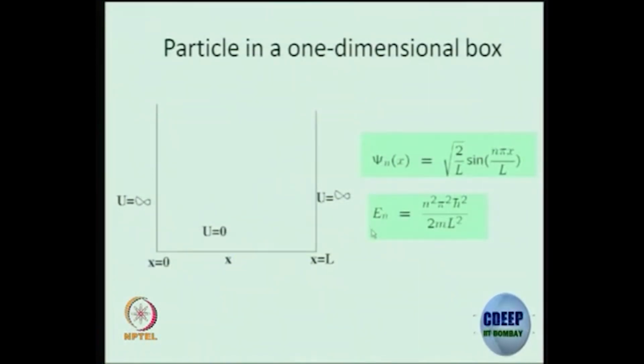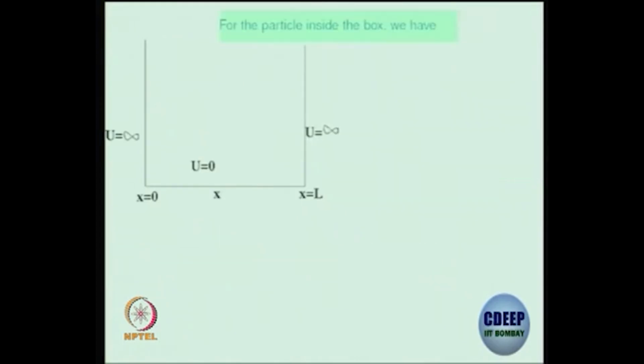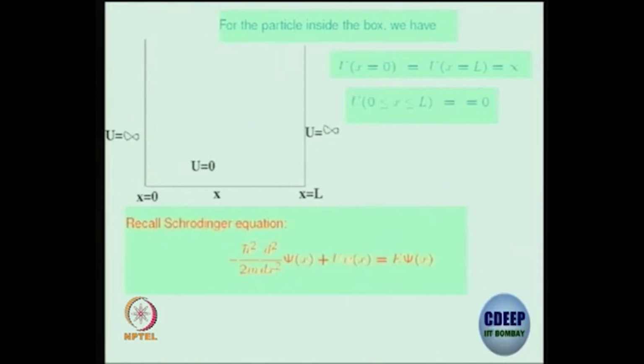So the E_n are the corresponding energy eigenvalues, and they are also discretized, integer multiples n squared multiplying a common factor which is pi squared h cross squared by 2 m L squared. L is the length of the box. So this is what we mean by a solution to a time independent Schrodinger equation. For a particle in a box, you put in these conditions in the derivation, and then you recall the Schrodinger equation,